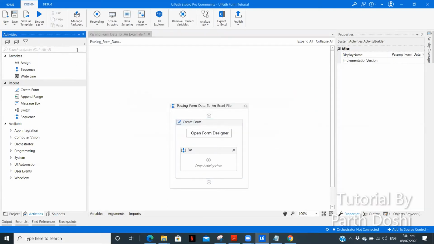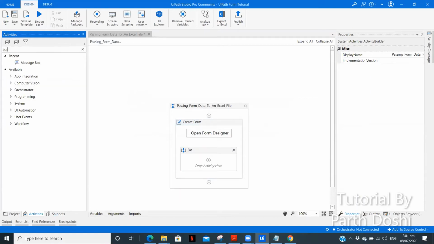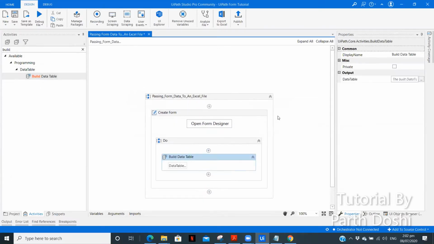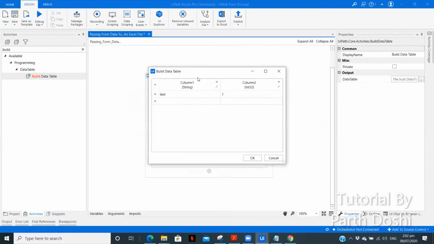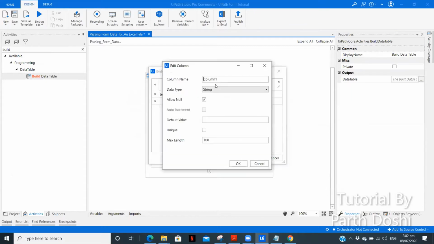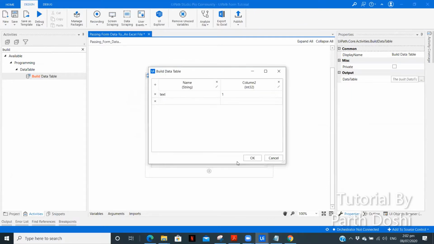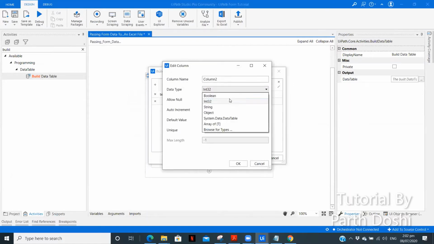Now, after you have created the form field collection, we need to build a data table where we'll be passing these particular values. So you need to drag a build data table, click on data table. Now we have three fields over here. Let me edit this. Let me keep this as name. The other one is string, email ID.